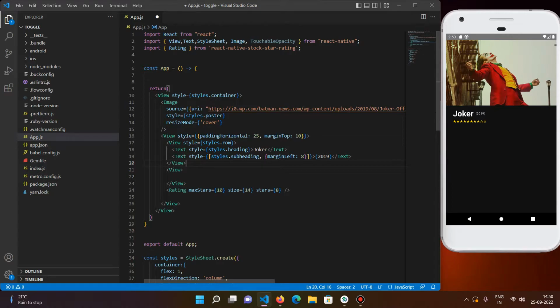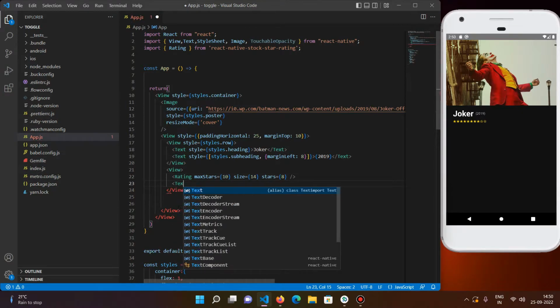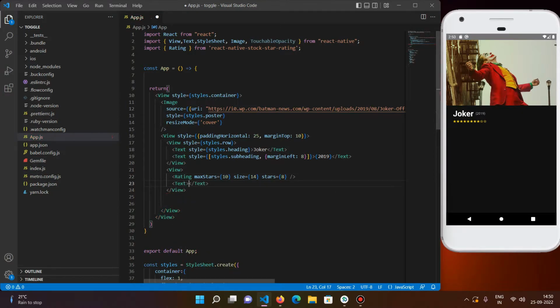For that we will just enclose this in another view, and then after we will have a text where it will show 8 out of 10 stars, something like that, and we will give it a style of styles.subheading,